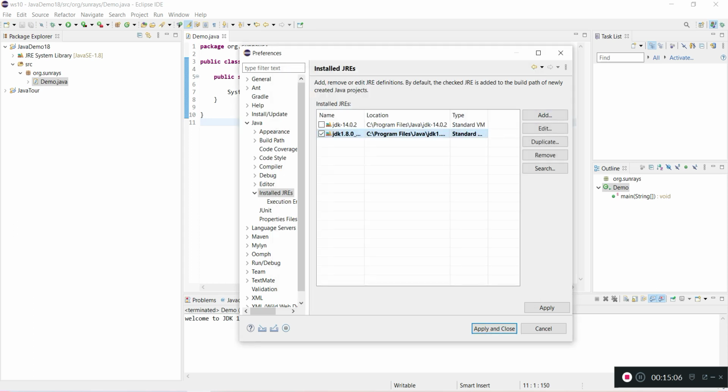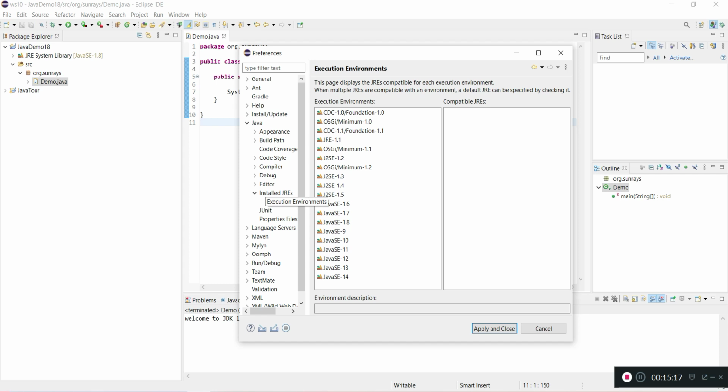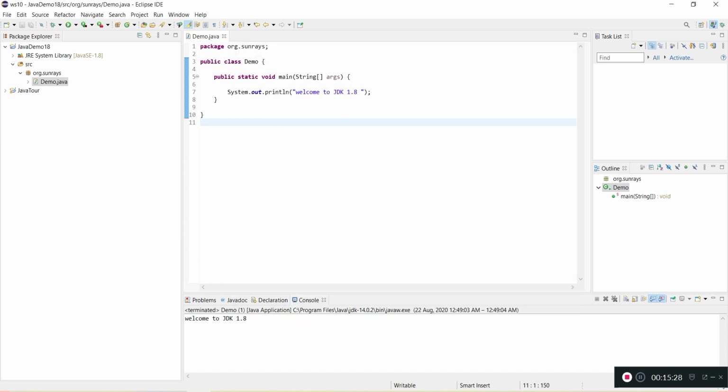and now choose JDK 1.8 instead of JDK 14 and apply. And in Execution Environments also we need to select JDK 1.8. So Java SE 1.8 and choose JDK 1.8. Perfect match, this one, and apply and close.